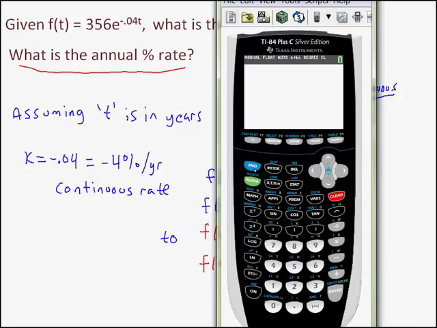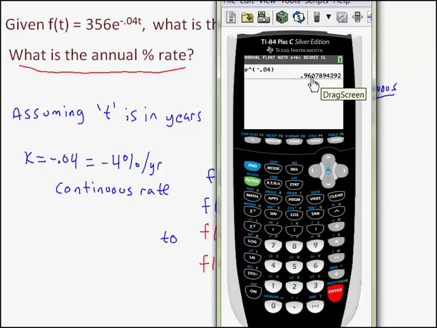So to do that, I'm going to press second ln. That gives me an e, a caret, and a left parenthesis. I am to type in negative 0.04. Close the left parenthesis with a right, press enter to get a decimal approximation. I'm going to round to 5 decimals, 1, 2, 3, 4, 5. And since this is a digit higher than or equal to 5, in fact it's a 9, I will round this 8 up to a 9.